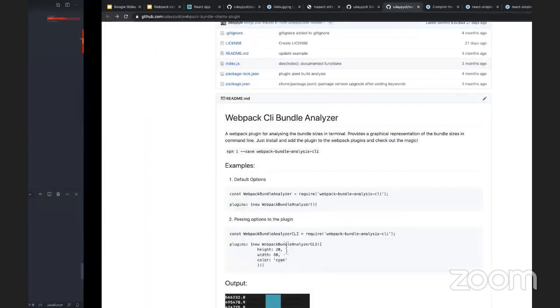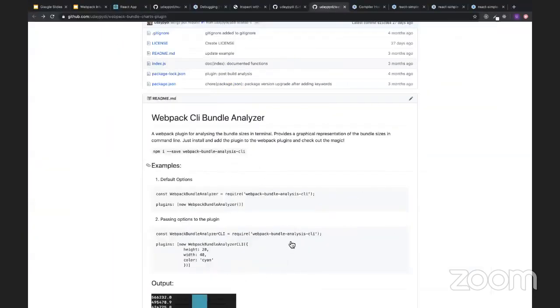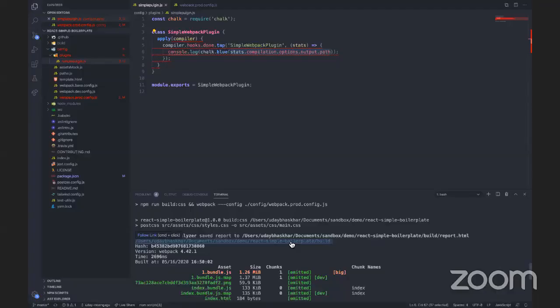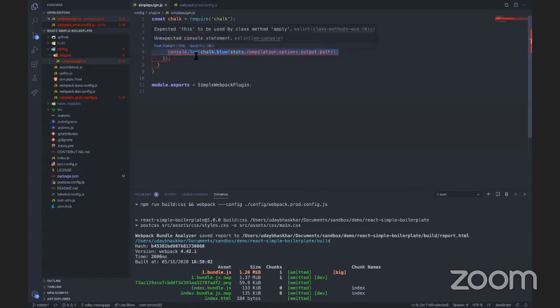So what we do is we take the output path, because everyone has their own setup of outputs, right? So we take the output path and we use it. Okay. So let's assign it file path chunks.